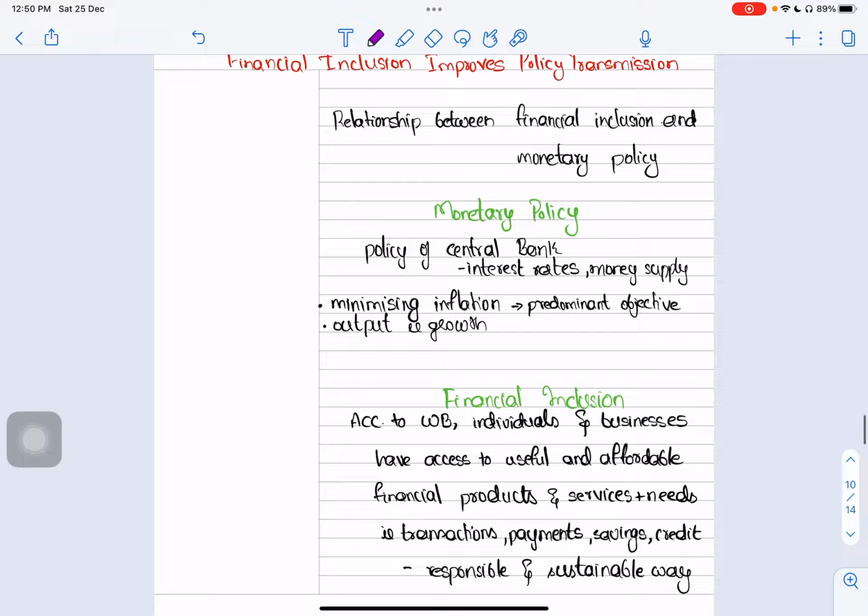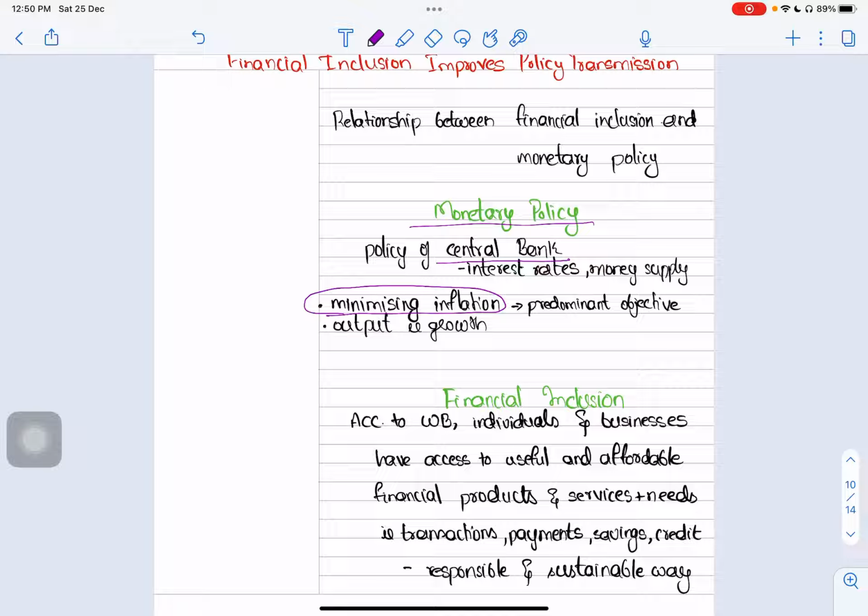First, we will start with the definition of monetary policy and then the definition of financial inclusion, and then we will discuss the interrelation between these two things. First, monetary policy. Monetary policy is a policy of the central bank, that is, in the case of India, the Reserve Bank of India, and the primary objective of the monetary policy of the Reserve Bank of India is to minimize inflation, that is, to keep the inflation in control,